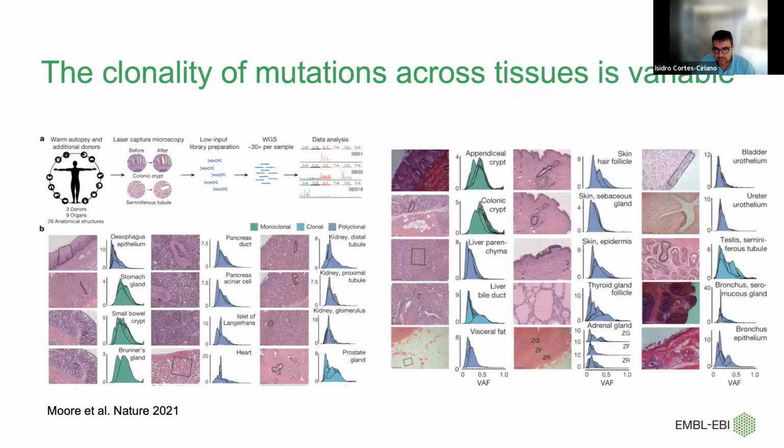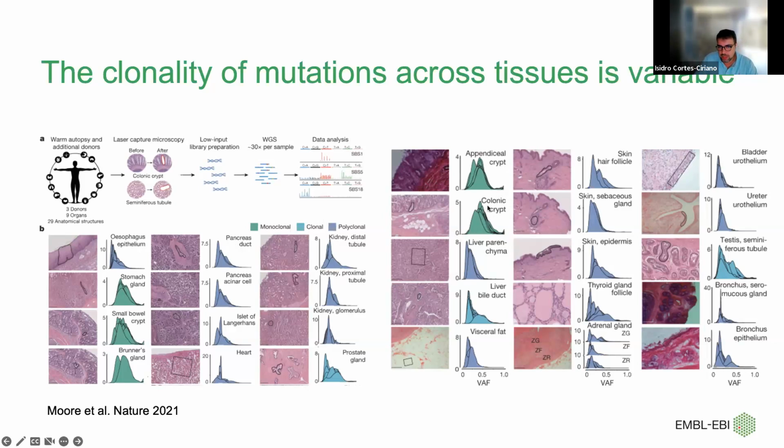Next, as we can detect the somatic mutations across different cell types and tissues, we wondered whether we could study the patterns of clonality, and this was inspired by this nice landscape study by the Sanger, where 29 histologically different structures were sequenced using the laser capture microdissection approach that they have developed. The point I want to make is that there are some tissues, or histological structures, that are highly clonal, such as, for example, colonic crypts,